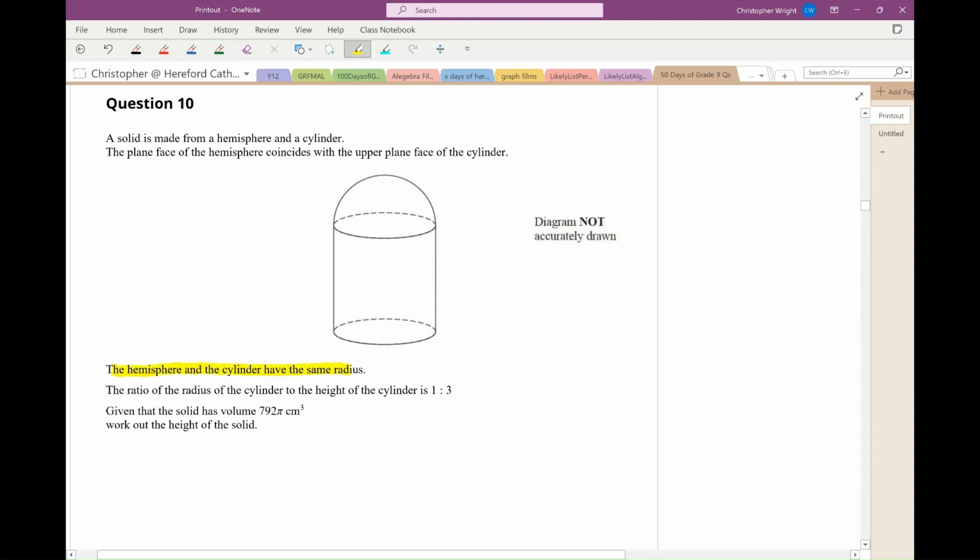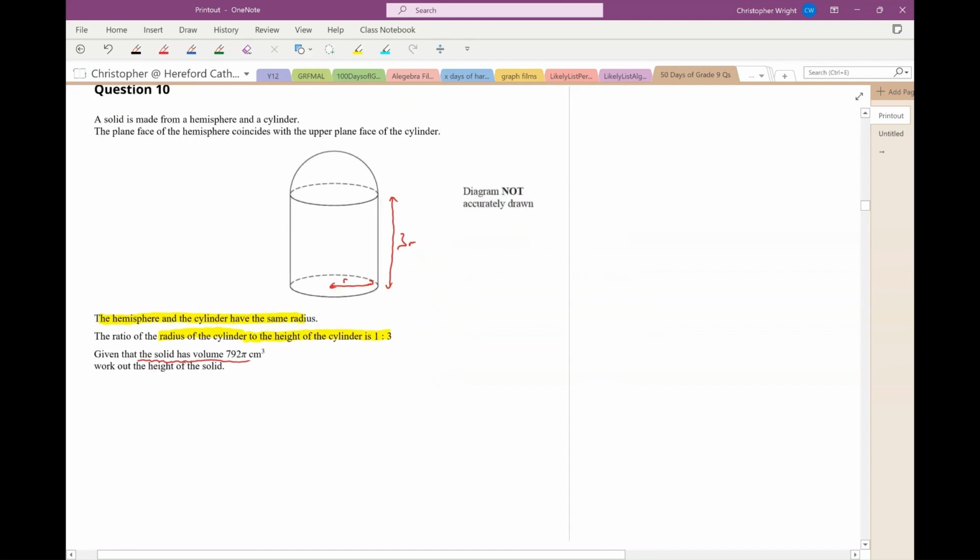Yep, that's as drawn. The ratio of the radius of the cylinder to the height of the cylinder is 1 to 3. So if this is r here, then the height of the cylinder, not the height of the whole solid, the height of the cylinder must be 3r. Given that the solid has a volume of that, well, let's write an expression for the volume of